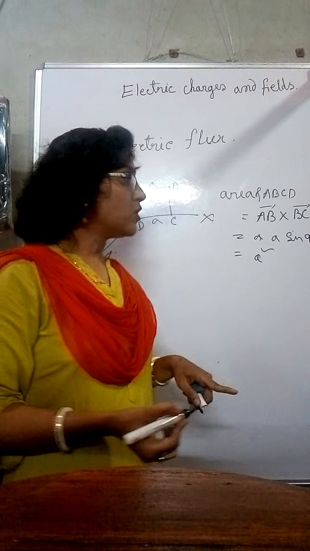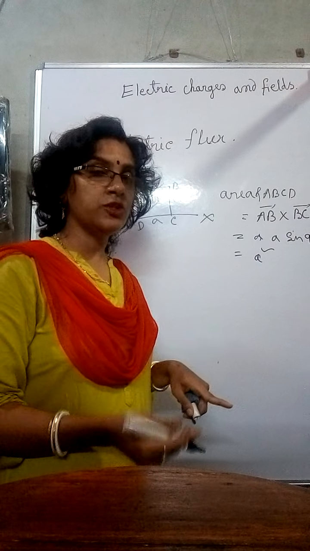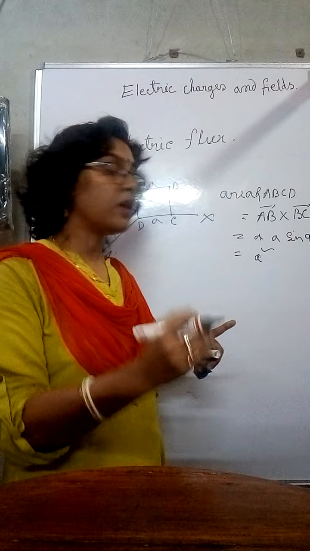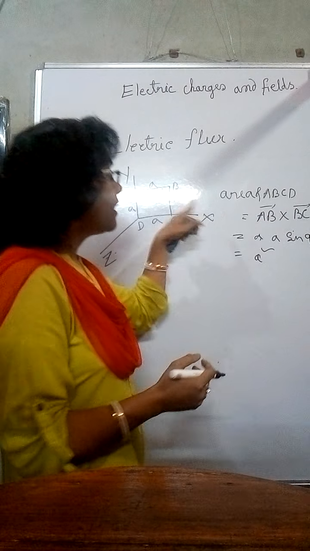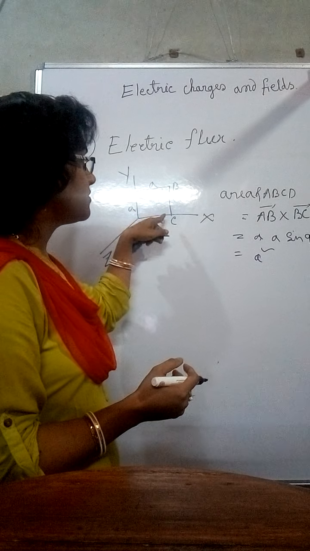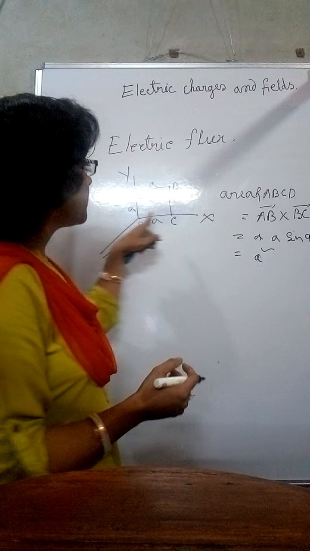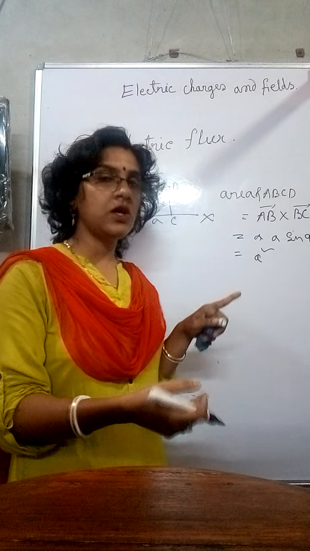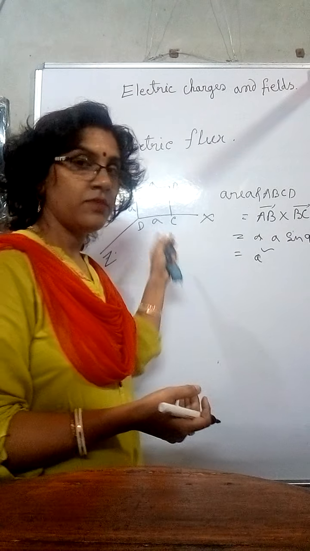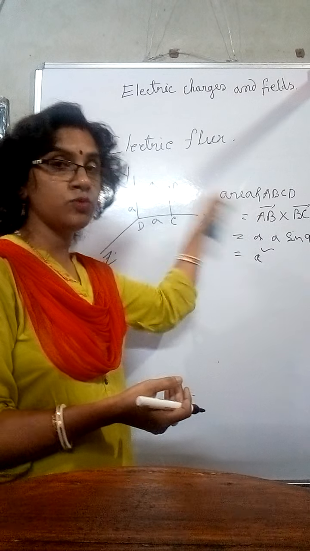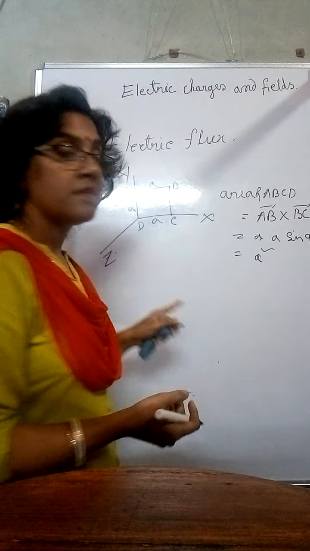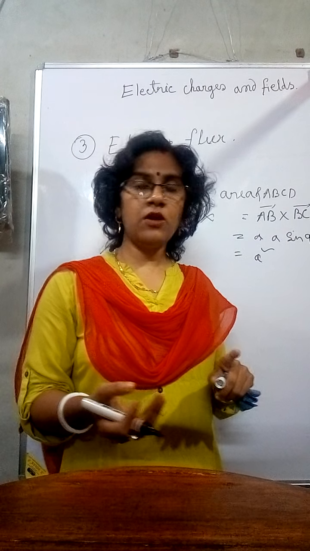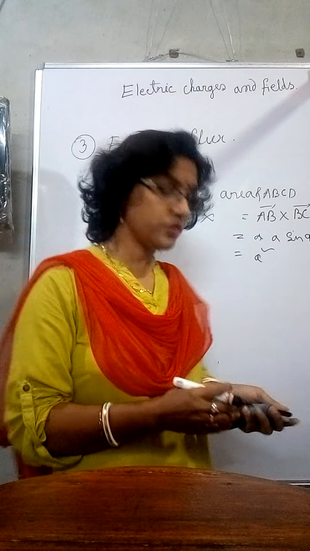From the vector chapter we also know that the resultant of two vector quantities has a direction that is always perpendicular to the plane containing the two vectors. That is, here AB vector and BC vector, its direction will be along the z axis. Maybe it is the positive z axis or the negative z-axis. For a plane surface, that is for two-dimensional cases, the area vector direction can be in the positive direction, and also in the negative direction.